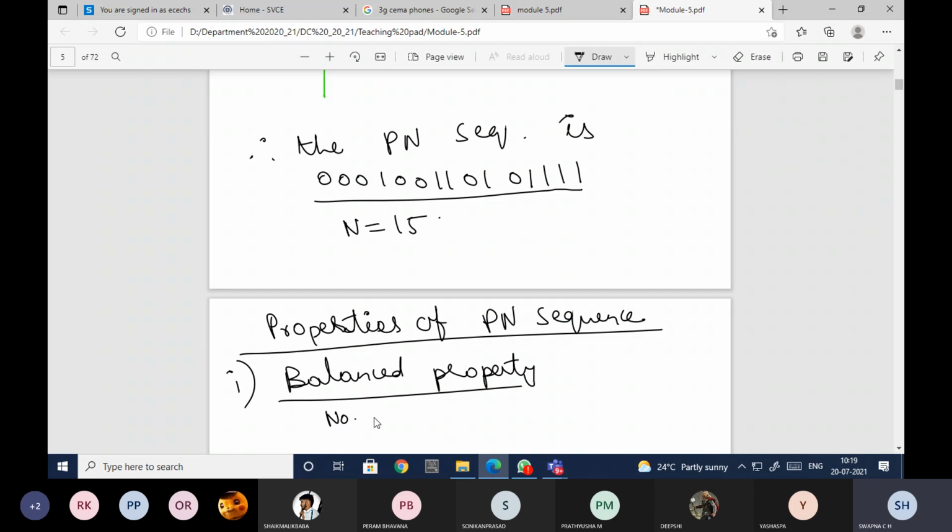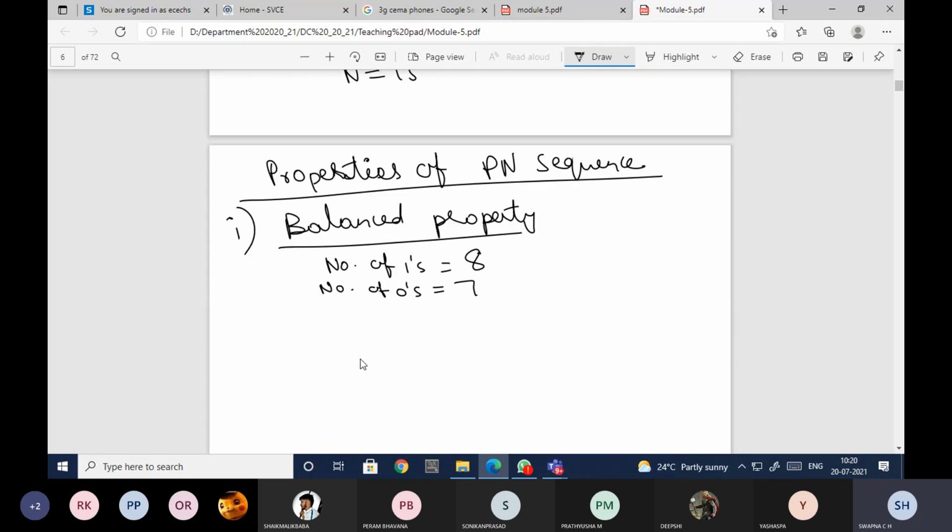First let us calculate the number of ones. 1, 2, 3, 4, 5, 6, 7, 8. I have 8 ones. The number of zeros is 1, 2, 3, 4, 5, 6, 7, so 7. Whenever you get a PN sequence, the number of ones will always be equal to the number of zeros plus 1.